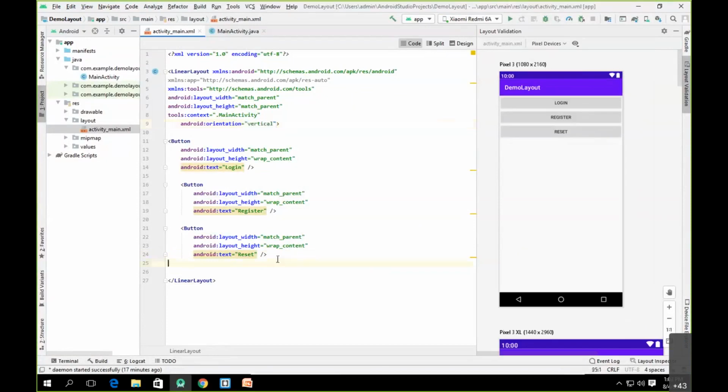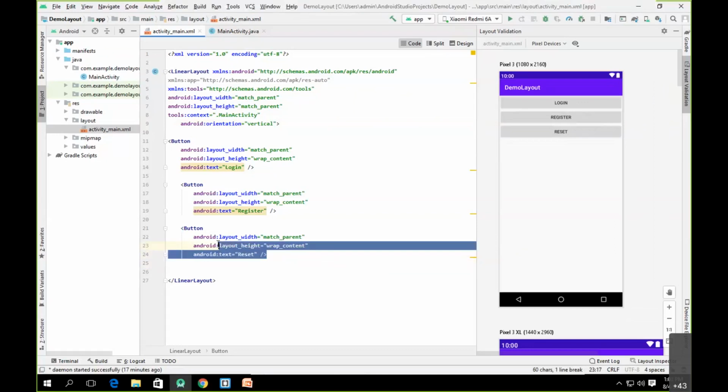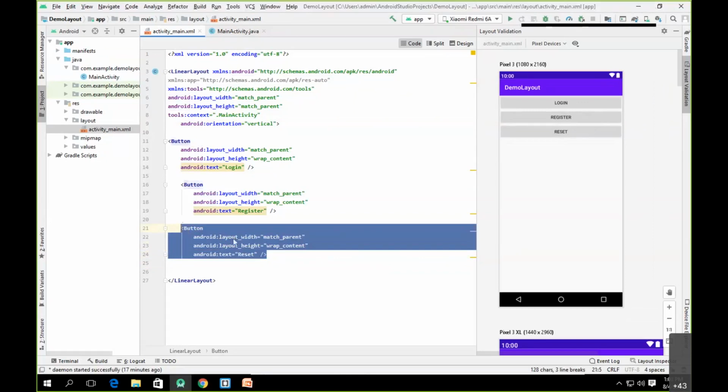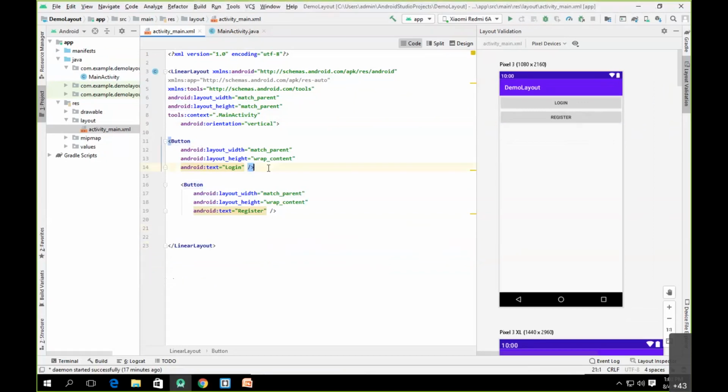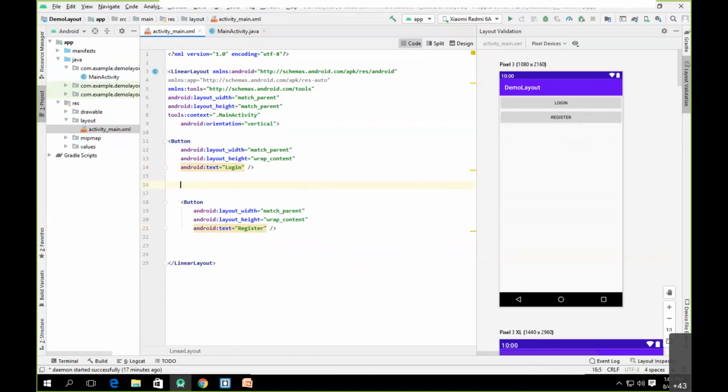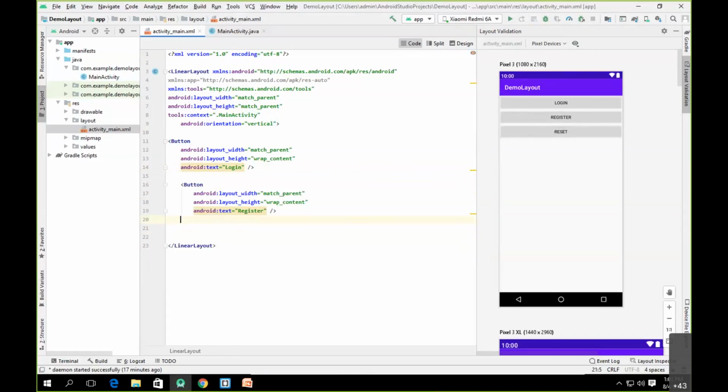Now it will follow the sequence of buttons in which you have created the element. Suppose if I cut reset from here, and if I add the reset element between the login and register. Okay, so let me cut this and let me add this between the login and register. Now as you can see, the buttons will be displayed in the same sequence.